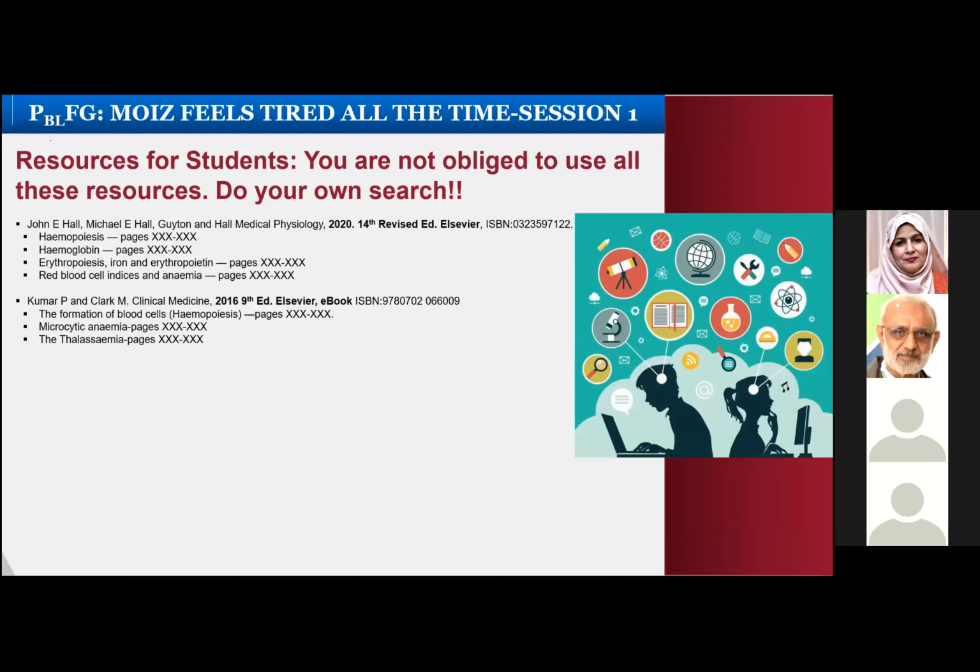So for physiology, for example, it's Guyton and Hall physiology, but you will give the latest issue of it. When the 2020 issue is the latest one, it is the 14th revised edition by Elsevier. You have to read through these topics and go through these pages. I wrote a cross over there because I don't have the latest physiology book. I think I have the 10th edition, not the 14th edition.